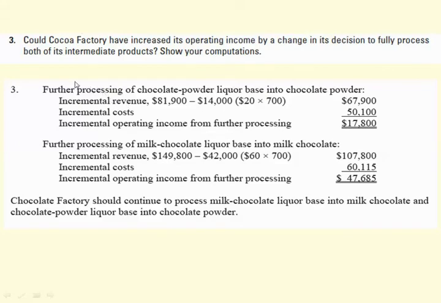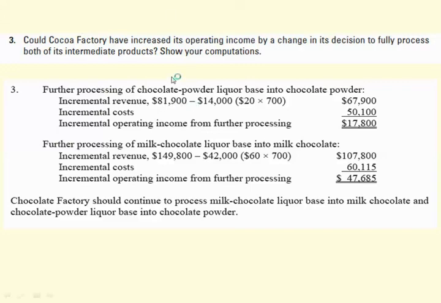Requirement number 3. Could Cocoa Factory have increased its operating income by a change in its decision to fully process both of its intermediate products, and show your computations? Further processing of chocolate powder liquid base into chocolate powder. Incremental revenue we get from the further processing of our first intermediate product to reach our final product. Incremental revenue will equal